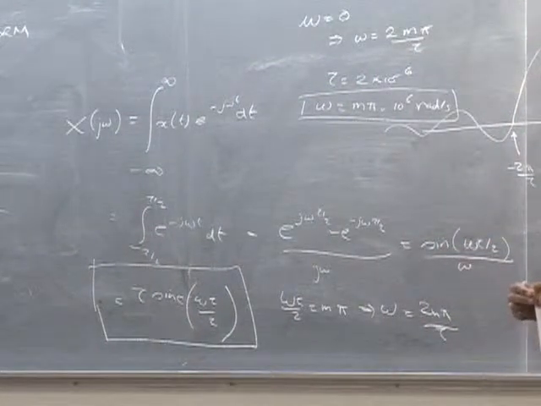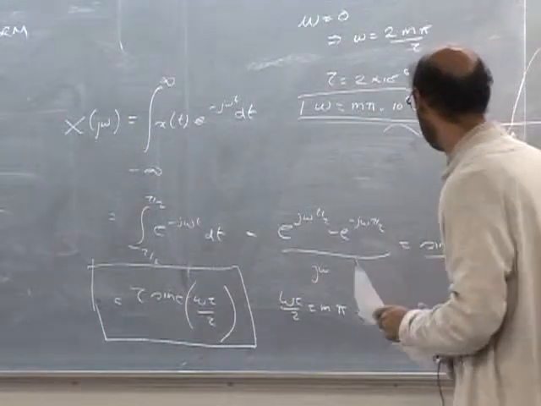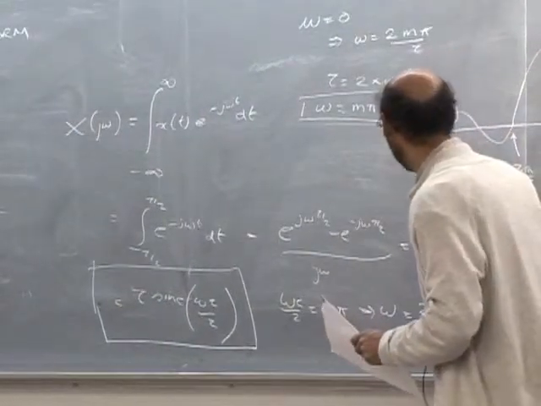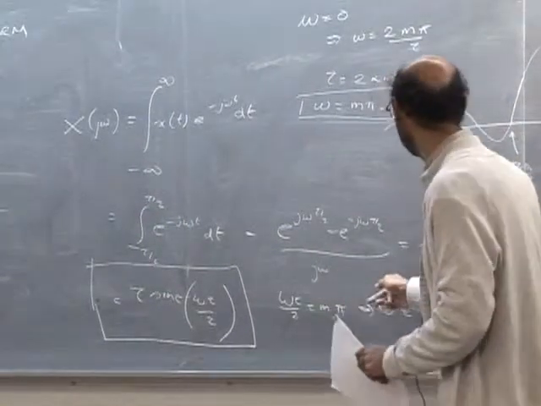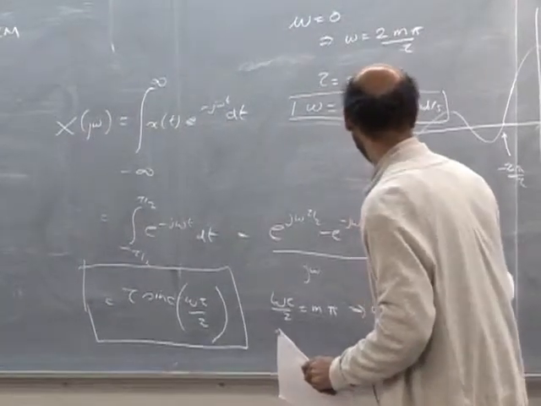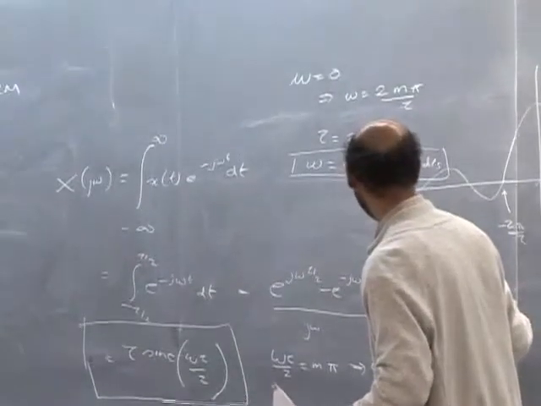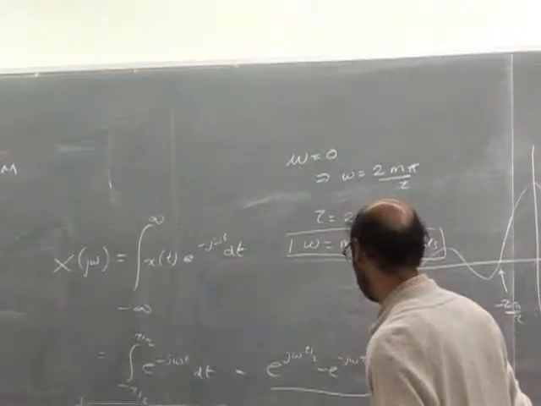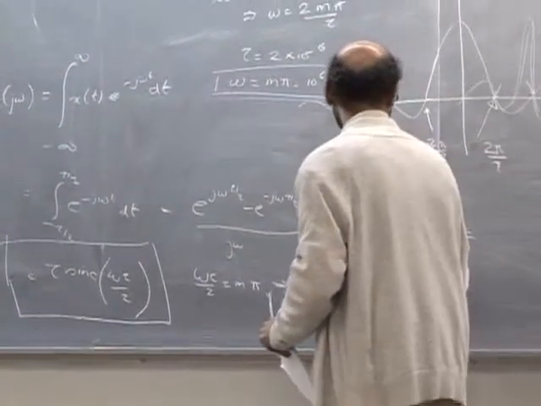Yeah? What happened with the 2 there? Which 2 there? Between sine and sinc. Because you have to divide by 2j to get this. To get sine, I have to get the 2j over here. No, after sine. Because if you're going from sine to sinc, yeah, you have to divide it by omega tau by 2, right? Right, so this is multiplied by omega tau by 2 on the numerator, sorry, tau by 2